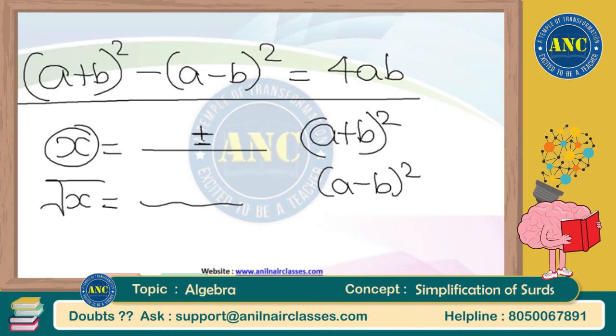And I believe that we will solve many more varieties in these problems, so that you will understand in a much easier way. In fact, there are so many varieties I have already discussed. I myself have taken so many varieties of variety 4, a plus b whole square or a minus b whole square, in my CERTS class. Please refer to my CERTS class for more varieties of problems. But having said that, here also we will discuss. Do not worry about it. We will definitely discuss, and we will make sure that you master these problems and solve them within seconds in your examination hall.